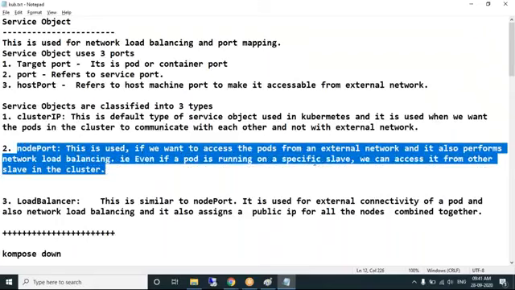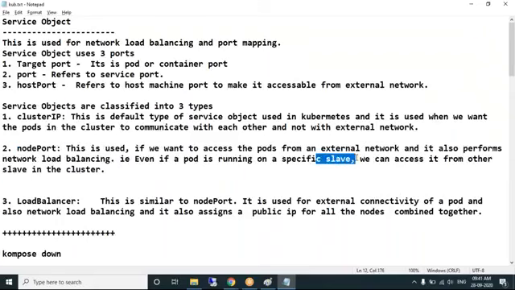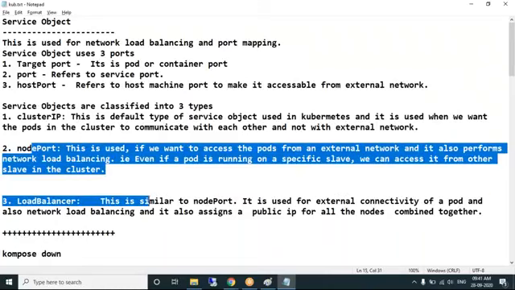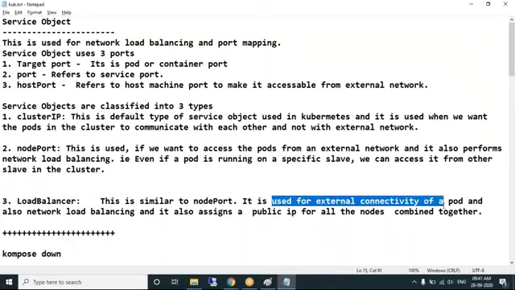If a pod is running in a slave, which is nothing but a different node, we can access it from the other node of the cluster, because it is completely external. We'll see this practically. Load balancer: one more service object of type load balancer. It is similar to node port, used for external connectivity of the pod, and also performs network load balancing,